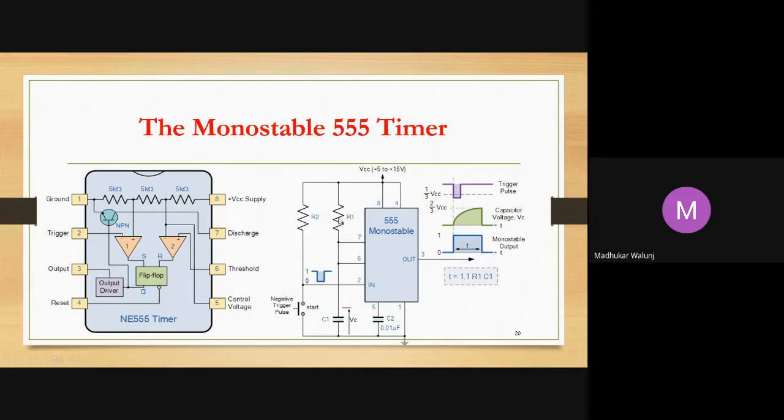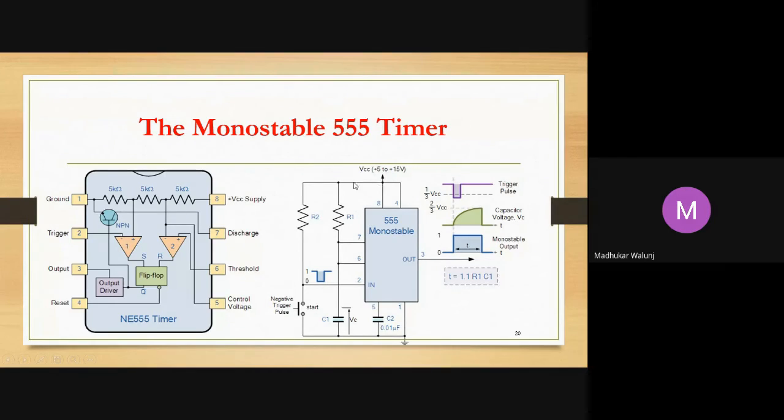So if we go with the internal block diagram of this IC555 timer, you can see when I hit the start button, or we can say a negative trigger pulse at pin number 2, what will happen? If it is less than 1/3 VCC, what will happen? The pin number 1 is setting the flip-flop, the output will be 1, and pin number 3 will be 1. At that time this transistor will work. Until the 6 number pin is reached, the output will be high, and the 6 number pin is connected to the capacitor.